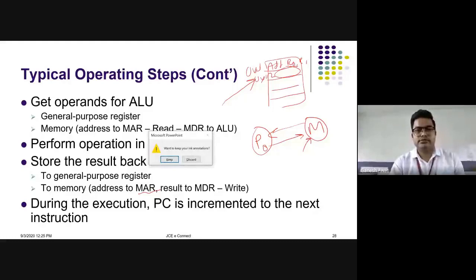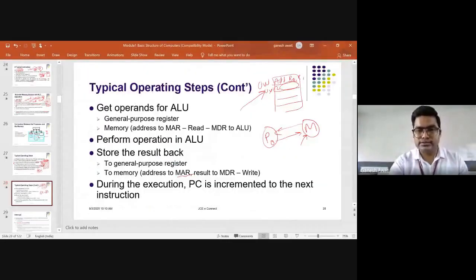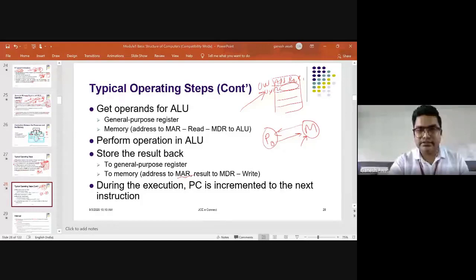Okay. So are you understanding this? Just put in the chat box whether you're getting it or not. You can ask any question if you have. You can unmute yourself and ask, or you can ask in the chat box also. Okay. So what we have discussed is how the instructions are getting executed. Clear up to this, right? If you have any doubt, please feel free to ask. You can ask in the chat box, or you can just unmute yourself and ask. So no doubt yet. 58 are there. Okay. So let's continue.